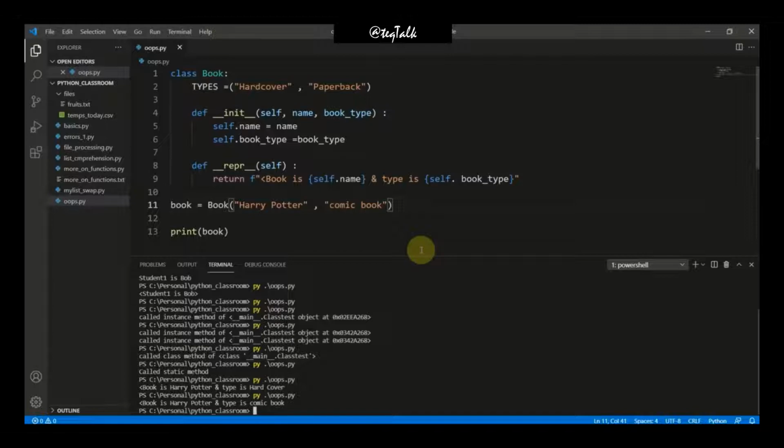To do so, to restrict our book type as hardcover or paperback, nothing else, we have to use class methods. How? We have to create a class method here, decorating with the annotation @classmethod, and then defining the method with def, and let me create one class method called hardcover.